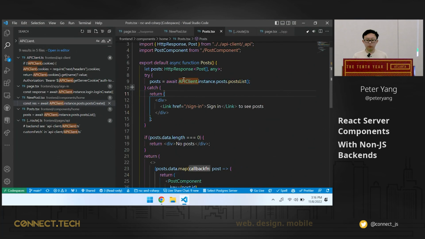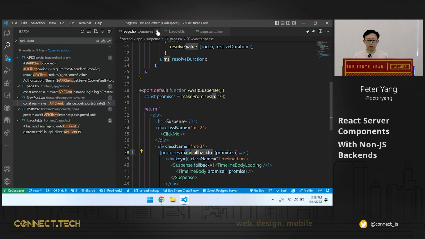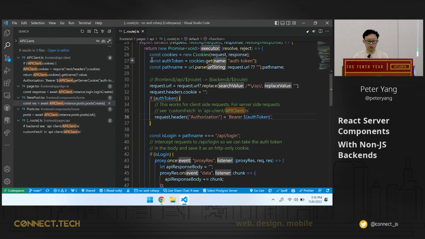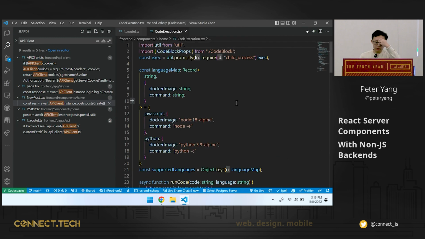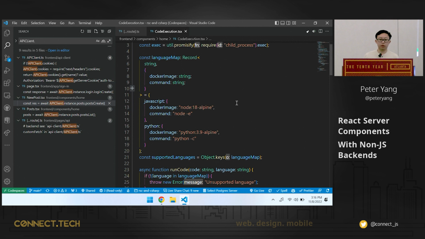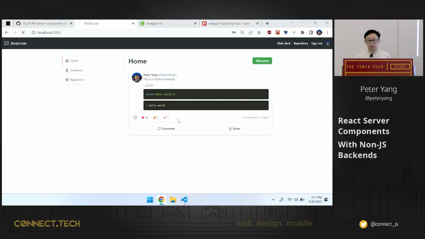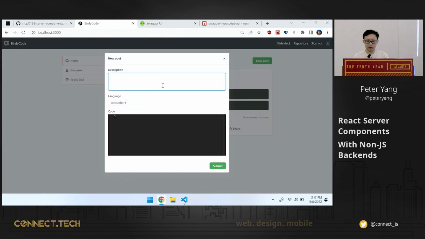Okay. I can show one other thing here, the cool part about how I'm running code. So here's another example that shows the power of server components. I know I showed how to run code from your external API backend, but I do want to get the point across that because you're in the server, you can call into the server itself. So if you notice, whenever I run the page, you have to run the code as is. And this is useful for, maybe, if I do console or random,